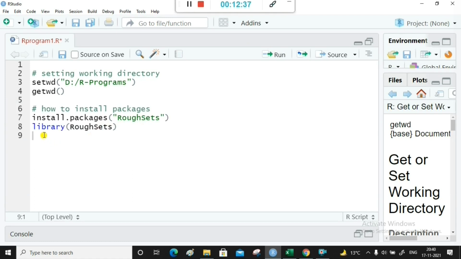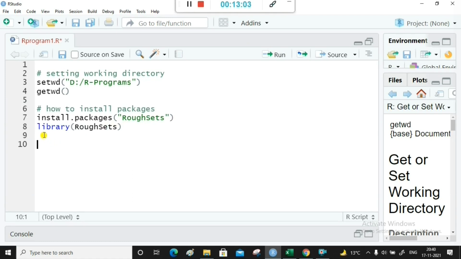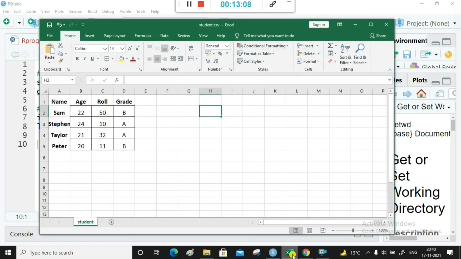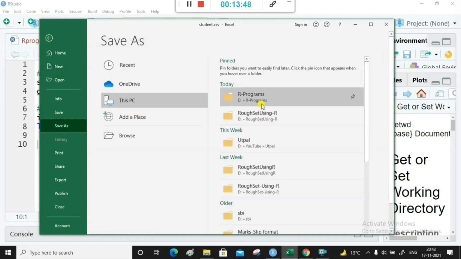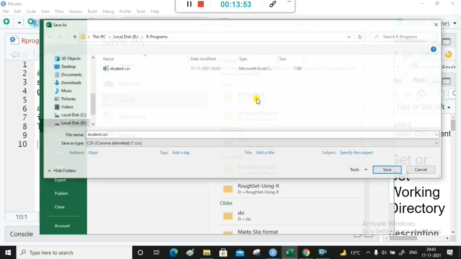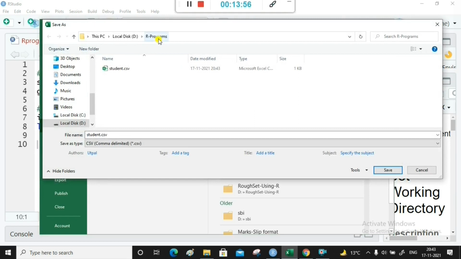Next, how to load an information system into your program, that I will show you now. Now let me tell you, I have created a very small table, or what we call an information table, in Microsoft Excel. So let me save it as a .csv file. Save as, and where to save it? I will save it in this folder R programs, because I have set my working directory as this folder.